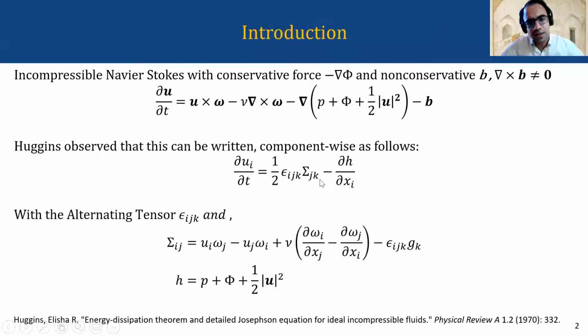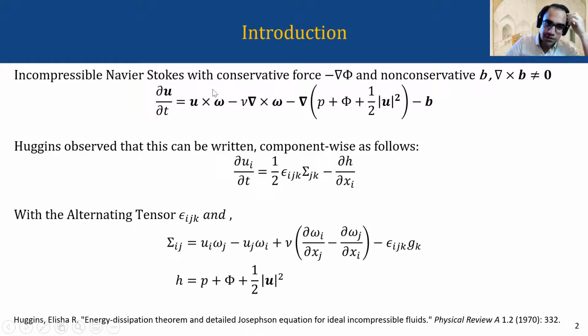And this sigma jk is representing essentially these two terms, so this nonlinear term and this viscous term, and this gradient of h is representing this gradient here inside the parentheses. I hope you can see my cursor. Yes. And yeah, so this is just another form of writing Navier-Stokes, where this sigma jk